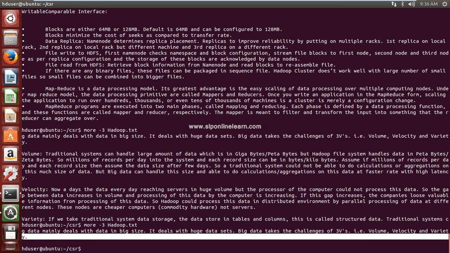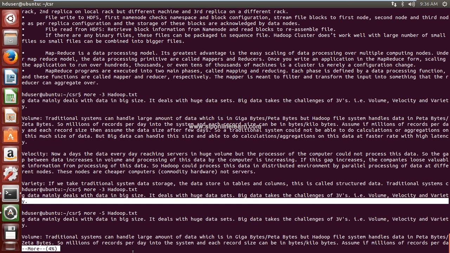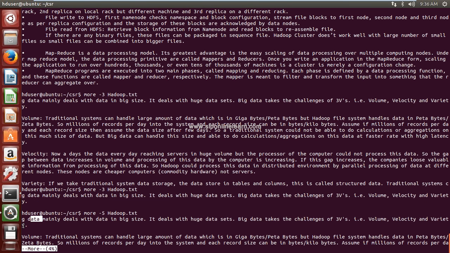I am quitting here. To quit from this, Q. More -5, suppose, hadoop.txt. Now see, 5 lines are displayed. This is your first line, this is your second line, this empty is the third line, and fourth and last fifth.